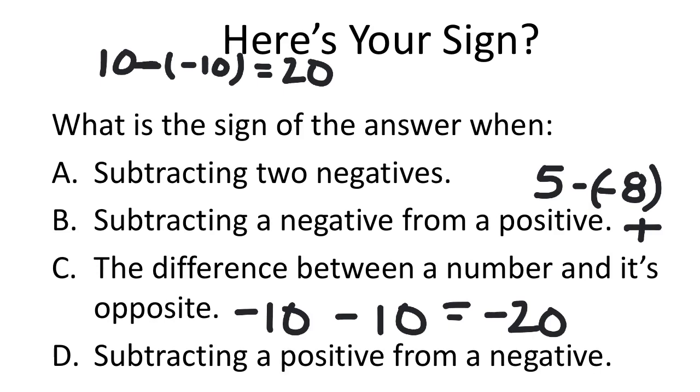Then part D, subtracting a positive from a negative. Subtracting a positive from a negative. That's always going to be negative, right? If we looked at an example of that, you take a negative, any negative, negative 15, then you subtracted a positive, like, again, 8, I guess. Again, this is going to make that more negative because it's like adding a negative answer. Subtracting positives is the same as adding negatives. So yeah, this one is always going to be